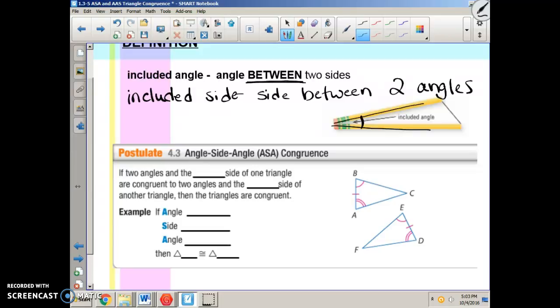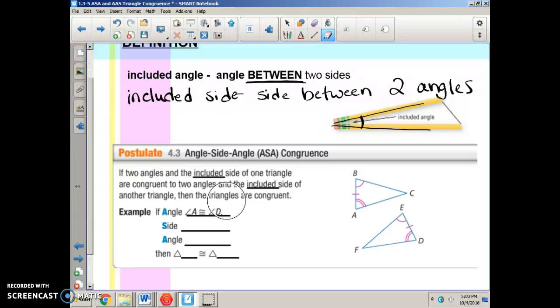So for ASA, if two angles and the included side of one triangle are congruent to two angles and the included side of the other triangle, then the two triangles are congruent. Alright, so go ahead and copy that in your notes. Feel free to pause if you need to. And on our picture, it's already labeled. Okay, so for the first one,